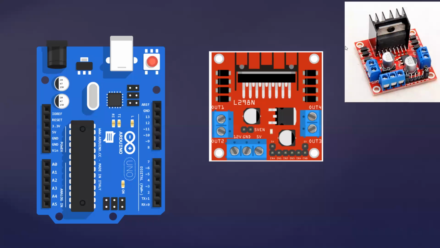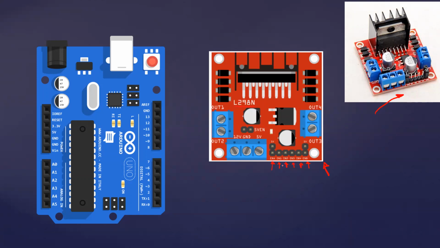Now the second image here. This is the L298 driver, the L298N motor driver. This is the schematic diagram, and this is the actual L298 driver. For this driver, you can observe here its connectors. So this is enable A, then input 1, input 2, input 3, input 4, and this is enable B.